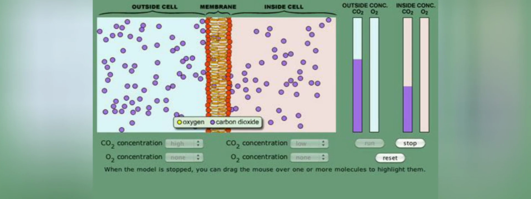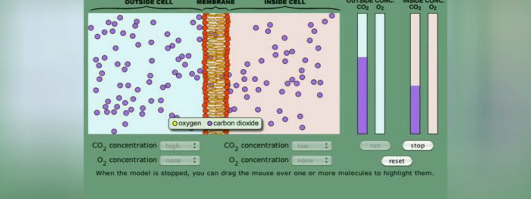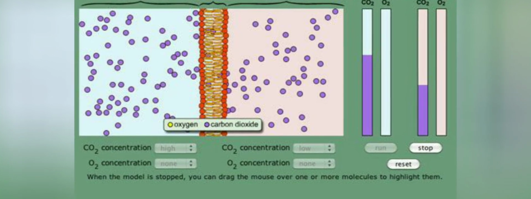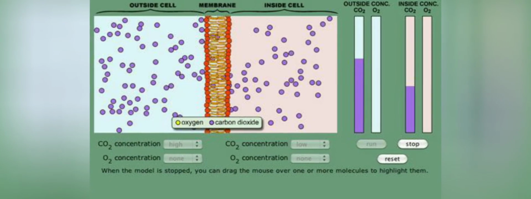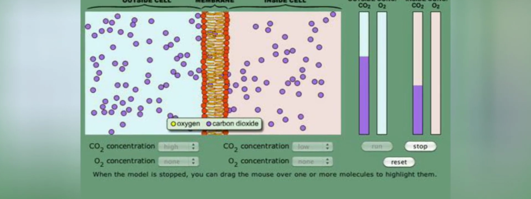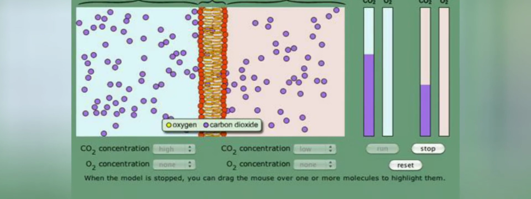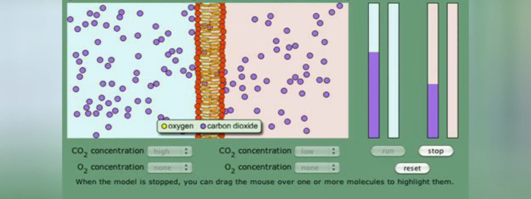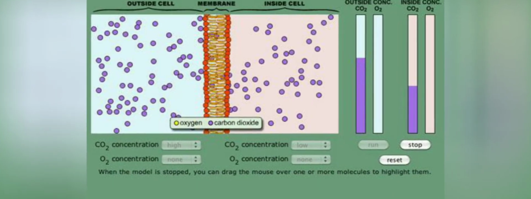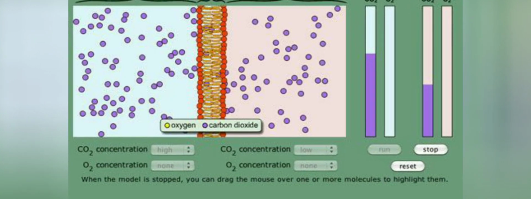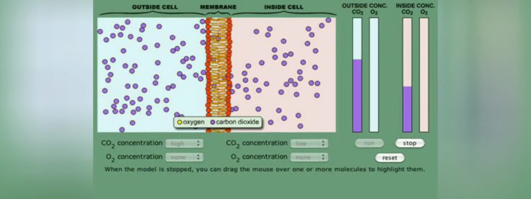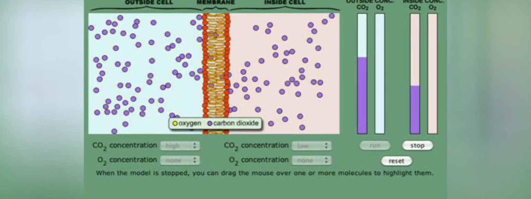Right? Now, something similar to this also happens in a cell. For example, carbon dioxide accumulates in high concentration inside the cell. In the external environment, the concentration of carbon dioxide is low as compared to that inside the cell. Understand? So as soon as there is a difference in the concentration of carbon dioxide inside and outside a cell, carbon dioxide moves out of the cell from a region of high concentration to a region of low concentration outside the cell by the process of diffusion.